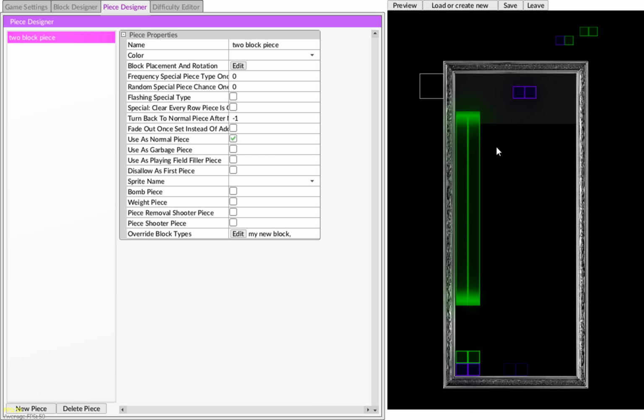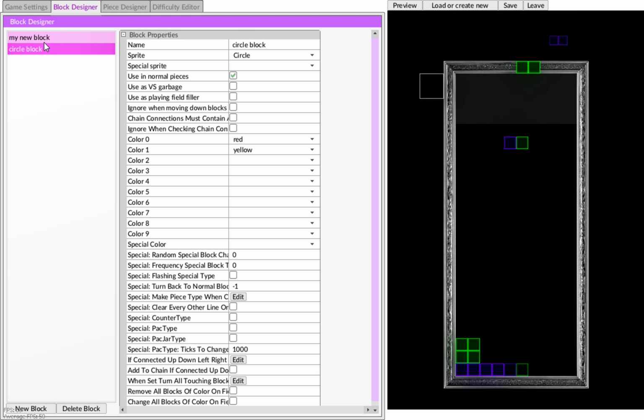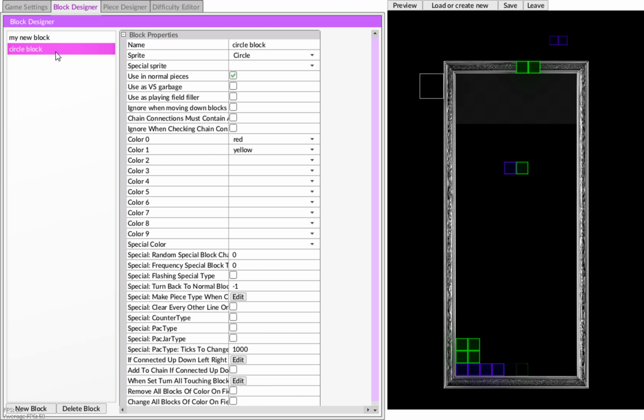And then, so it's actually ignoring the circle block that we made. A default piece would select from all of the blocks. It's actually all of the blocks that have this checked, use in normal pieces, and I set that to default. But if you want to create a block type that is only